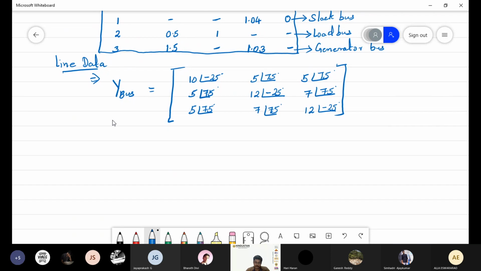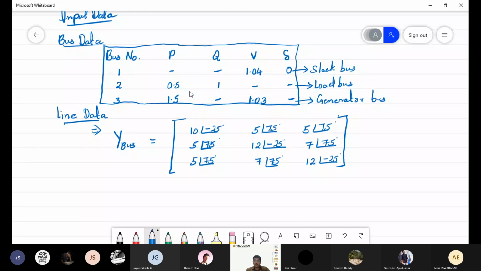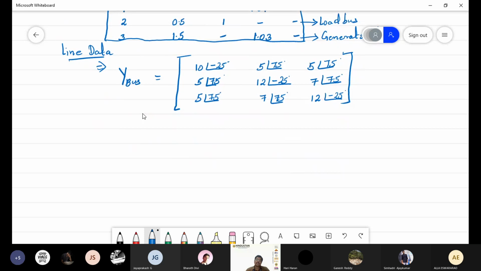So let us proceed. First what we want to do is write the Jacobian matrix, right? So how the load flow analysis goes, and from that we need to find the values one by one. But listen carefully, here there is one PQ bus and one PV bus, right? According to Newton-Raphson, the change in real power is directly proportional to the change in voltage. Sorry, the change in phase angle.